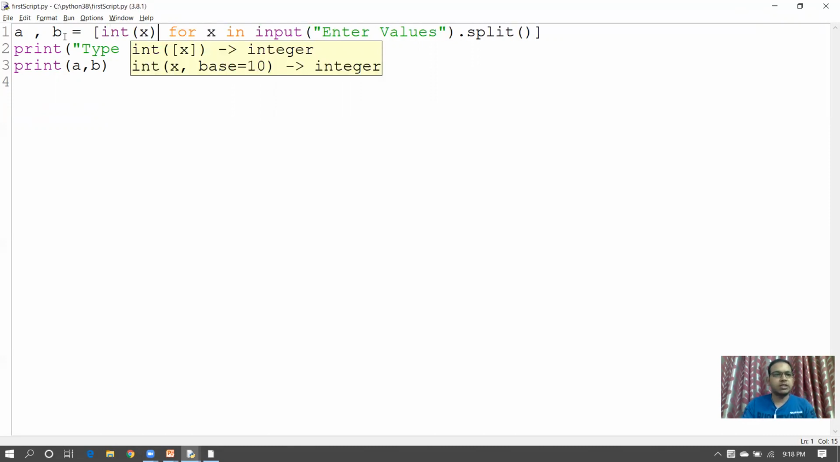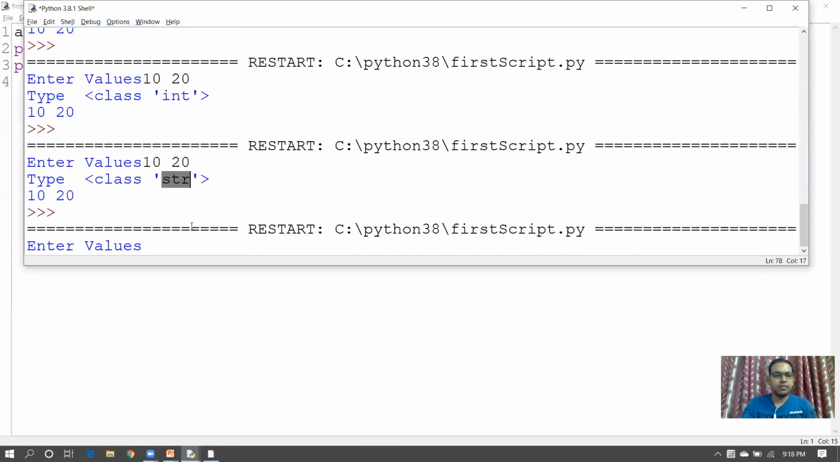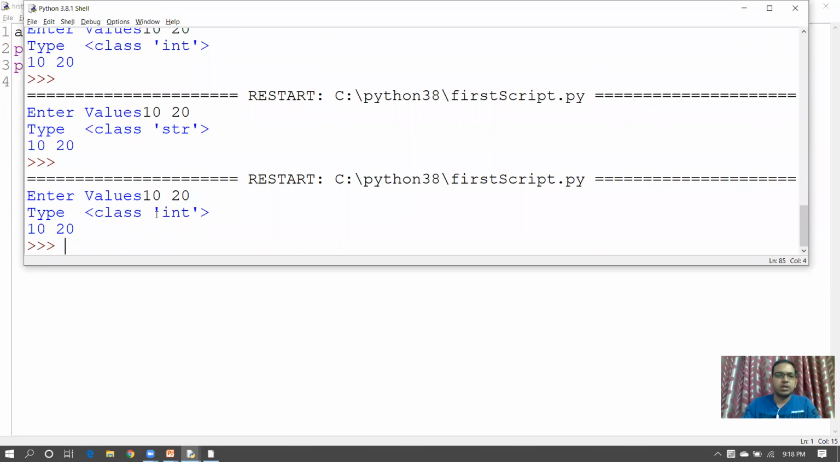Now take the user's input value as 10 comma 20. Now look at the output. It says that all the values are of type int. So this is another way that you can use in your program to take the user's input. Okay,